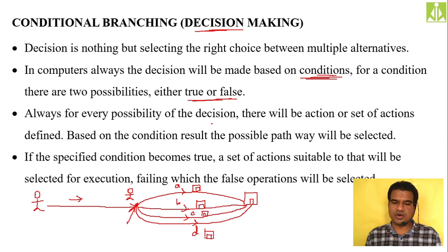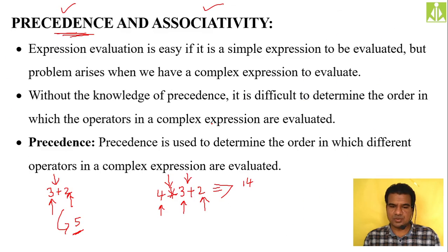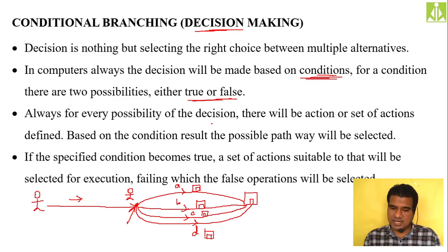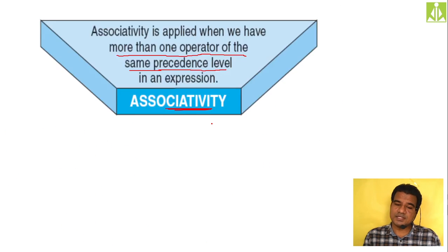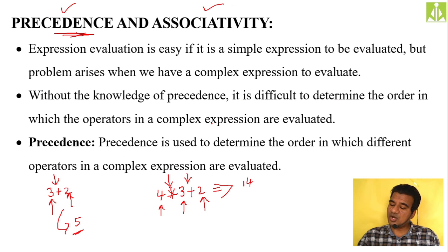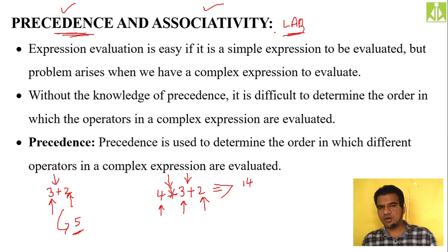It is almost 45 minutes, so the further discussion about conditional branching we will do in our next class. We discussed only operator precedence and associativity in today's class. This is an important concept. I have given the full notes in my theory notes, so simply follow that. It is a long answer question, LAQ, operator precedence and operator associativity. Sometimes they keep this question as a long answer question. Further we'll discuss in our next class.